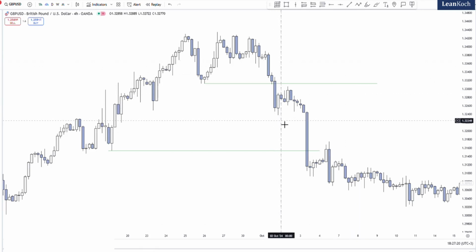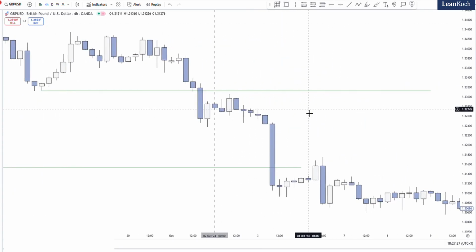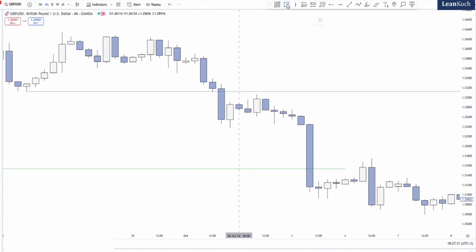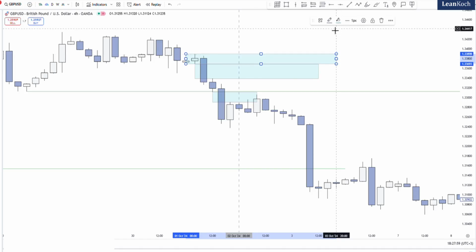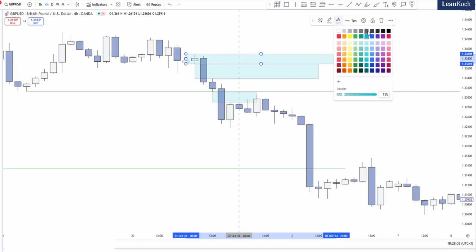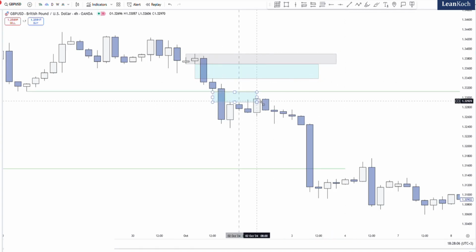So if you look at this, before the open of the new day, price has given us an imbalance on the 4-hour time frame. So we have this, and we also have this one. Now either of these can be considered premium enough. If price doesn't consider this premium, then it would come all the way to that point, or it would come into the supply zone. So I would mark this with a different color. So we expect price to consider this premium enough and fair value to push lower,